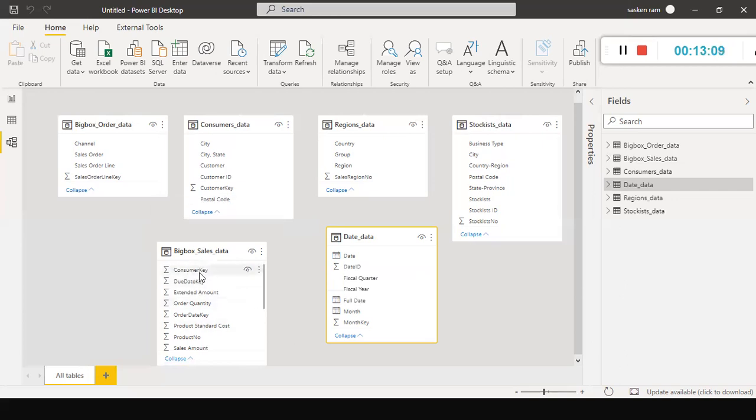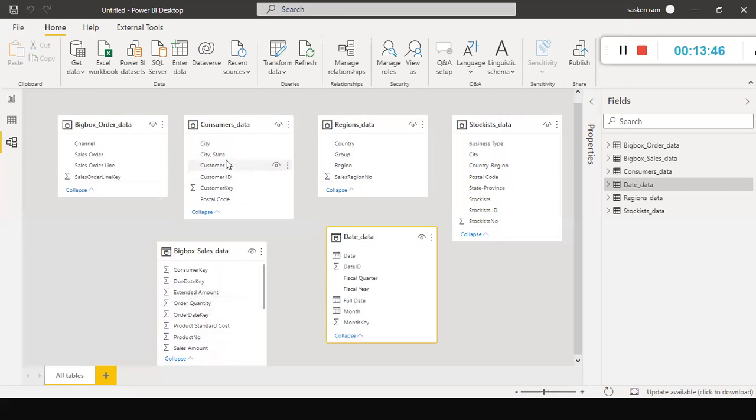In this fact table, I have a combination of keys here: order date key, due date key, consumer key, and if you look here, stockist key and date key. Likewise, these key columns are coming from these dimension tables. The fact table is nothing but the combination of the key columns from various dimension tables, and the facts like unit price, which is a numeric value, product cost, a numeric value, and discount percentage, which is also a semi-additive measure. Okay, and yeah, so that is what.